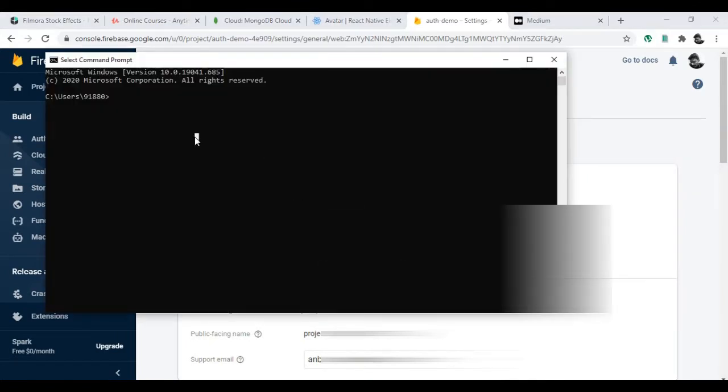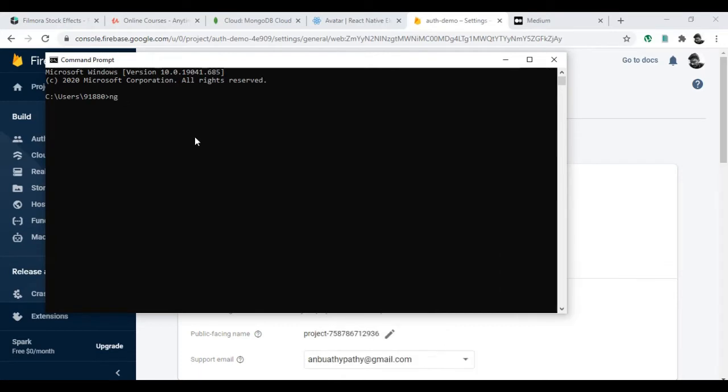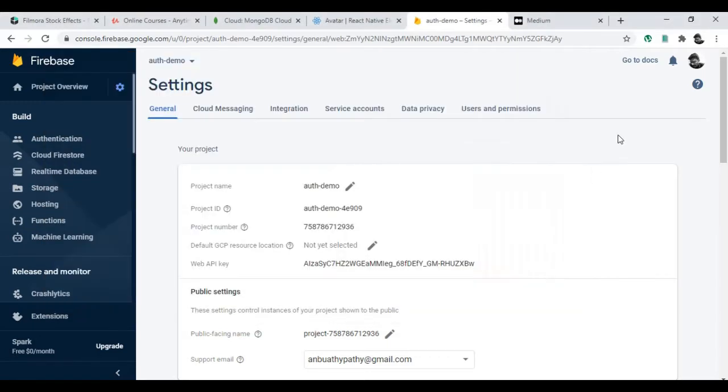So I'm going to create a basic scratch project. New Auth demo. Okay, let's say demo. By the time it gets created, we will see what all things we have to do here in